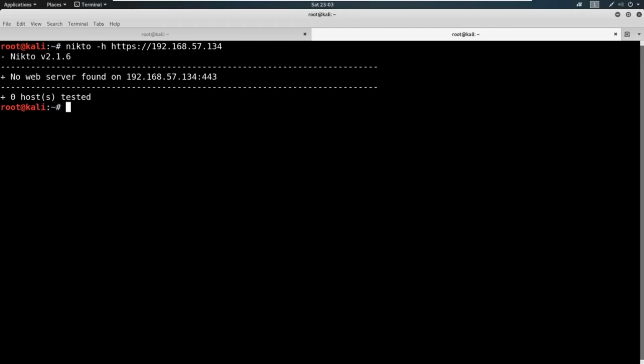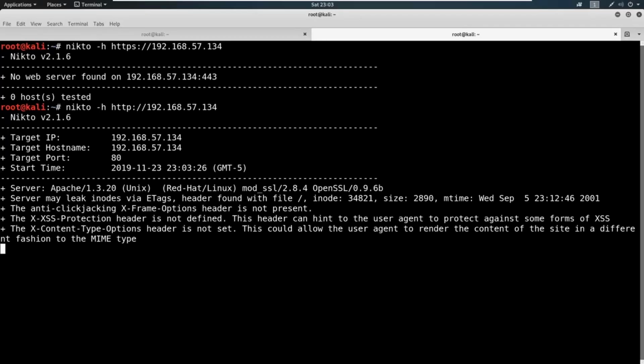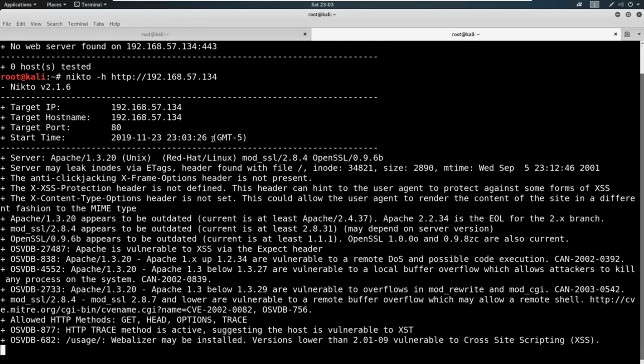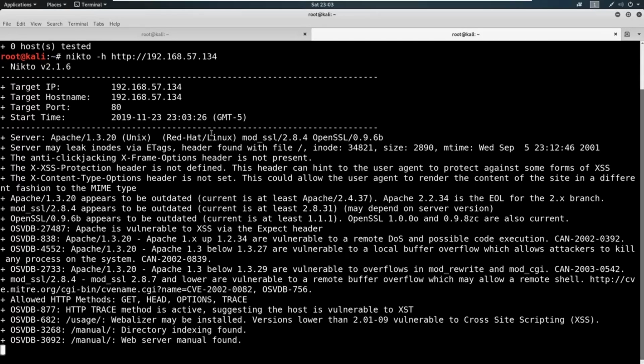And that one did not work. So let's go ahead and try HTTP and see. There we go. For some reason, it's not picking up the SSL on this. So I'm not sure why it's not discovering. But now we can see our scans kicking back. And